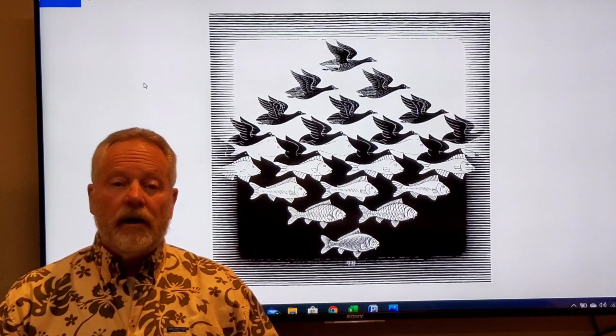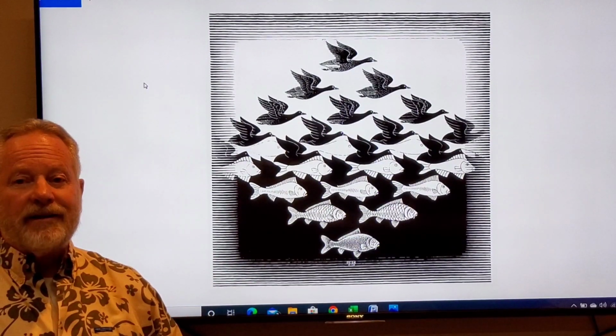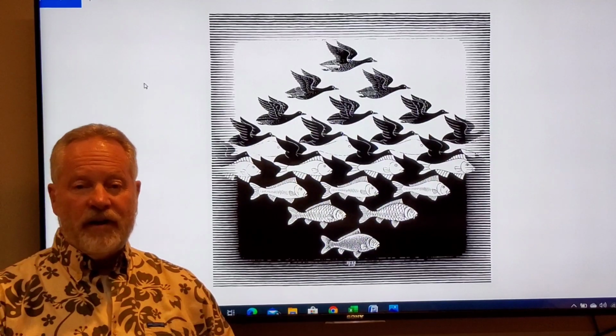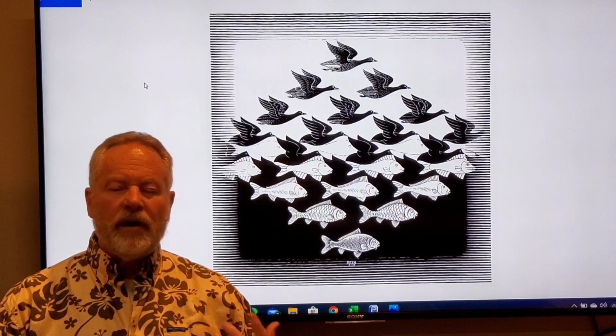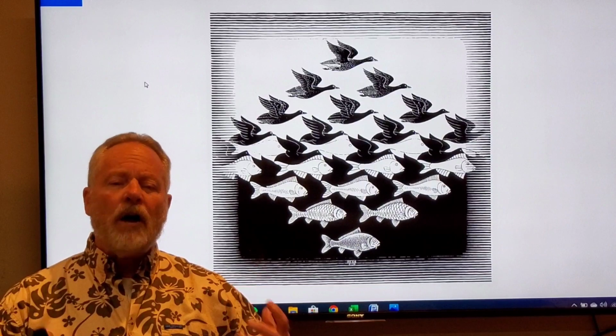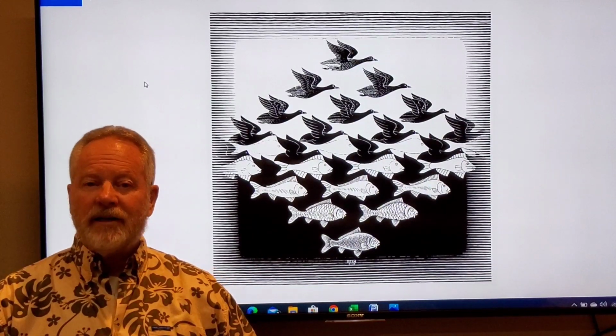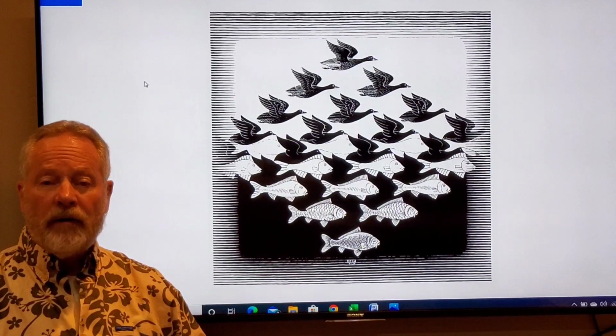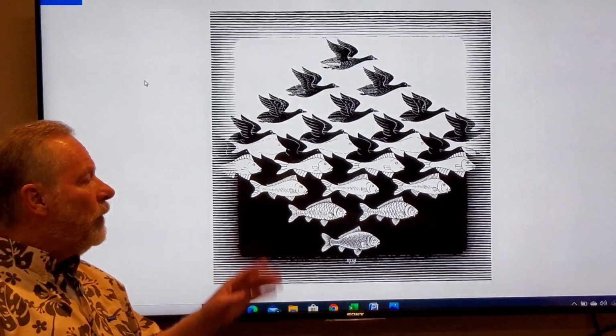The third element of design that we're going to talk about is space, both positive and negative. Now, typically, we think of space as being objects, and negative space as being the area around an object. Now, what